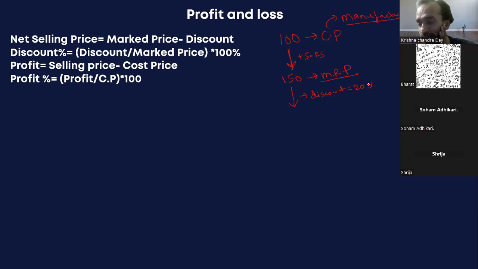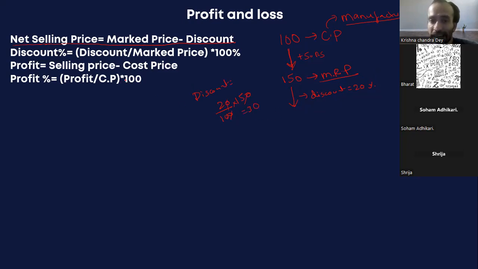It can be flat. You would have seen in Swiggy sometimes like flat 100 rupees off, or sometimes 20% off till 50, or 30% off till 75, like this. So suppose he gives a 20% discount, right? So what is my first formula? Net selling price is marked price minus discount. So I have to calculate the discount. So the discount will be how much? It will be 20% of this 150 rupees, right? Because that is the MRP on which the discount is given.